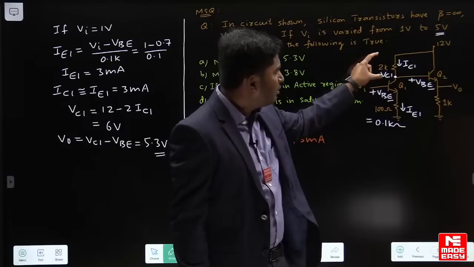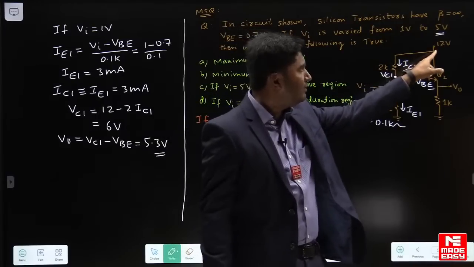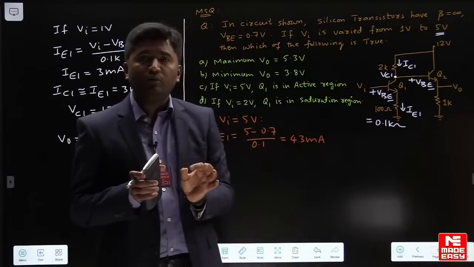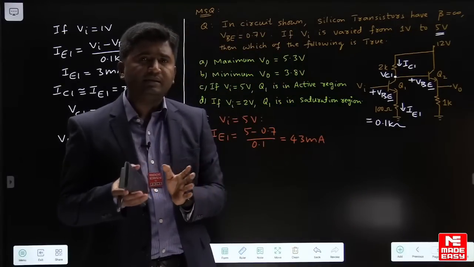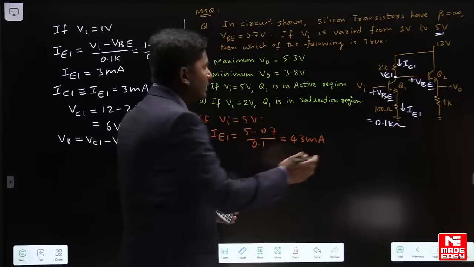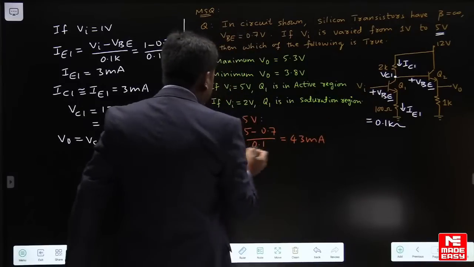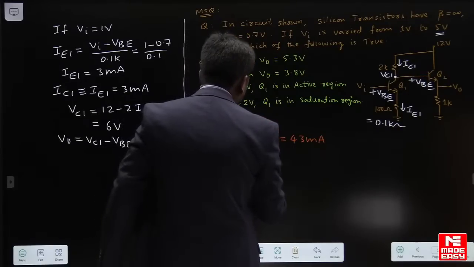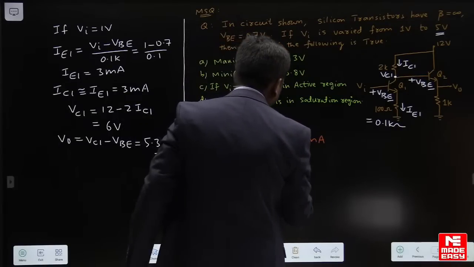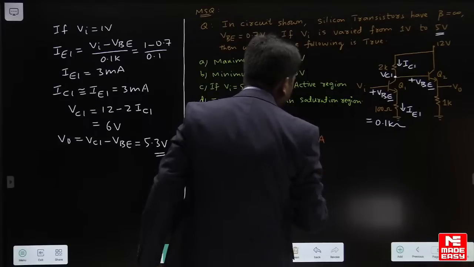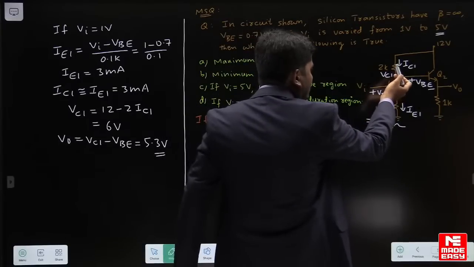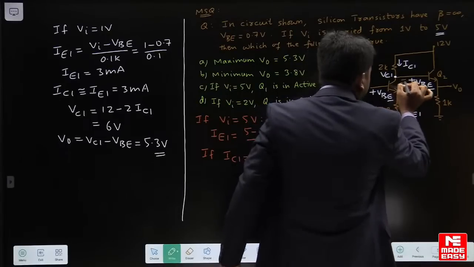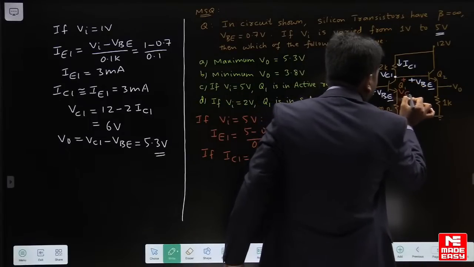But can we get a drop of 86 here when the supply is only 12? Practically it is not possible. With a supply of 12 volt, you cannot get a voltage drop of 86 volt. So what I tell here is, if you take IC1 as 43 milli, then this drop will exceed the supply of 12 volt, and as a result VCE of this Q1 will become